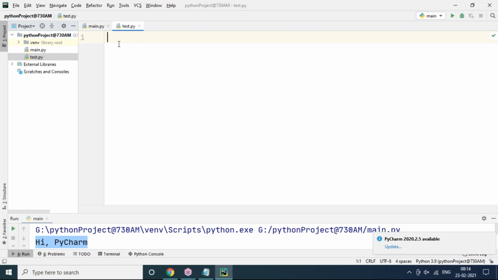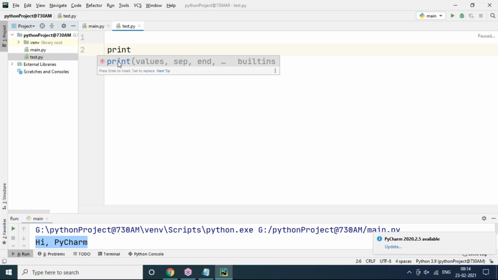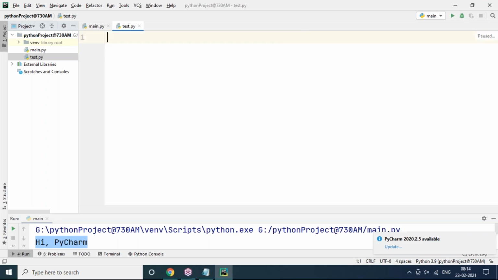Once we get the test.py file, as soon as we try to type something like print, you can see this is IntelliSense. Whatever the programmer is typing, suggestions are available here. The suggestion box is already coming. These options will not come in IDLE. Even if you go and type it in IDLE software, is there any IntelliSense? No. Look here, I'm just typing print again. I want to say hello.